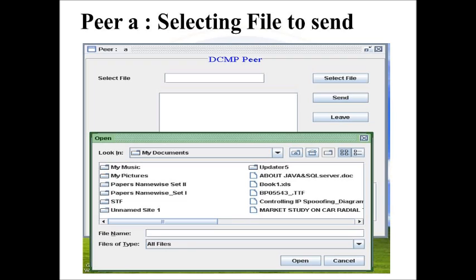Next, peer A selecting file to send. Peer A selects the file. To select the file, the user goes to My Documents, selects the document name, then opens the selecting file page. Finally click send to send the file to another peer. Then next,